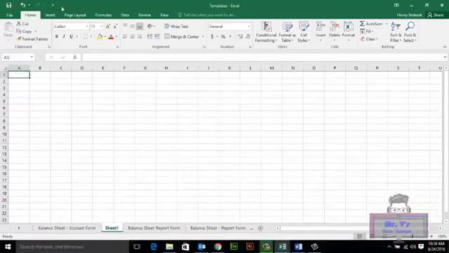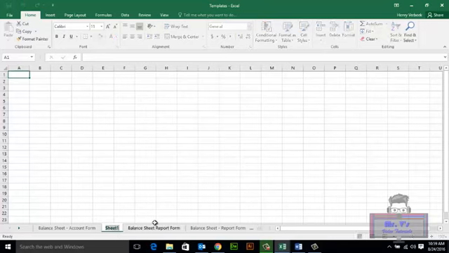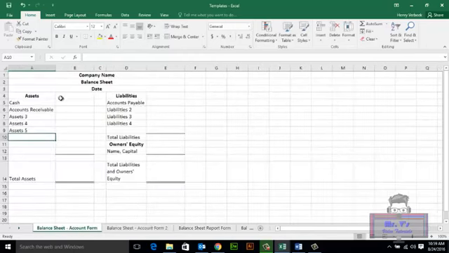If this is your first one, you need to open a new blank template and save it as Templates Excel. I'm just going to double click on the sheet name. If it's a new one, you won't have to add a sheet, but you can double click on it and we'll call it balance sheet account form. I'm going to call it form 2, but you'll just call it account form, just because I already have it done and I'm redoing it for purposes of the tutorial. So we're just gonna look at this one, and you're gonna see that I've got merged cells here,